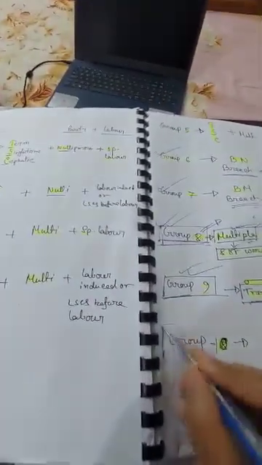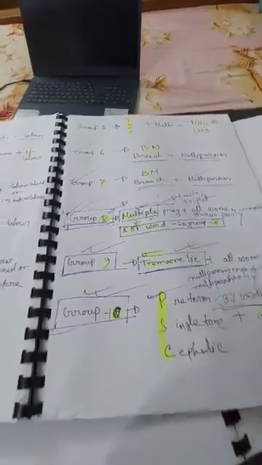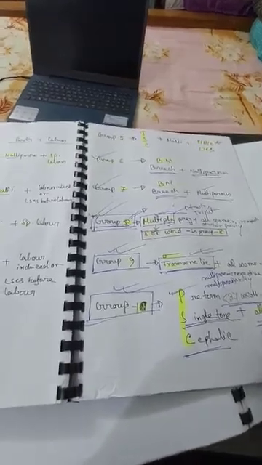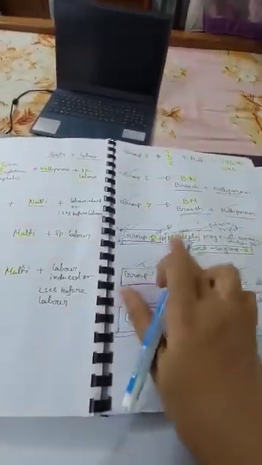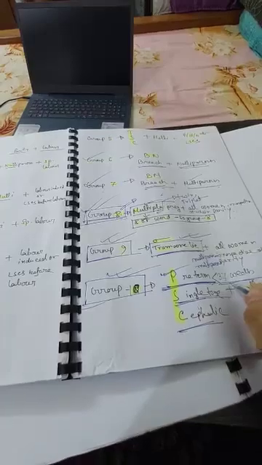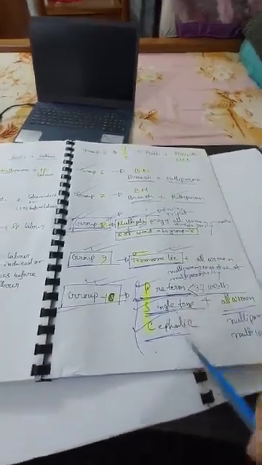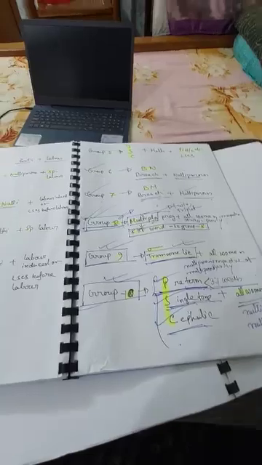Now come to group 10. All preterm pregnancy, that is gestational age less than 37 weeks, singleton pregnancy, cephalic in all women, that is nulliparous or multiparous, falls into group 10. Because singleton, we know that multiple pregnancy is for group 8. Other than that, all will be singleton pregnancy. So group 10 is specific for preterm pregnancy, that is gestational age less than 37 weeks, and obviously singleton and cephalic. You can remember it as PSC. So in group 10, preterm pregnancy, singleton pregnancy, cephalic presentation in all women which may be nulliparous or multiparous